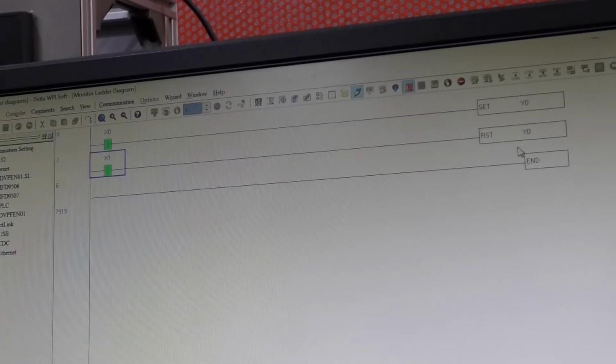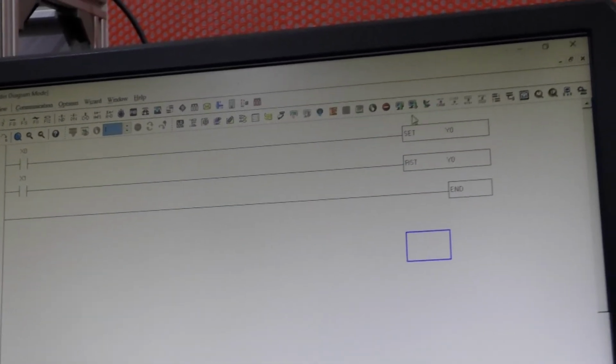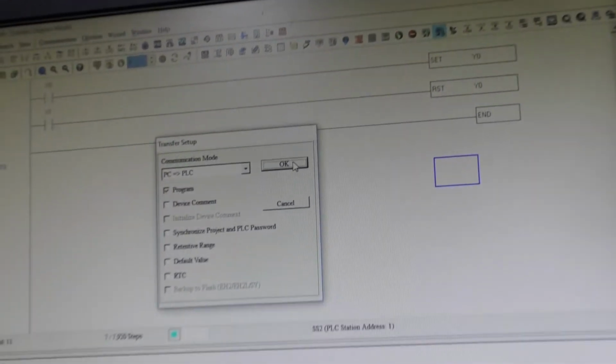So you can see. Similarly, you can do it in the hardware also. Just compile and dump the program into the PLC.